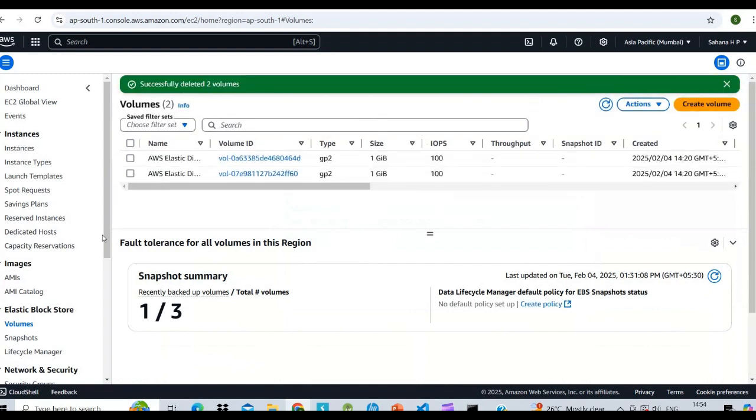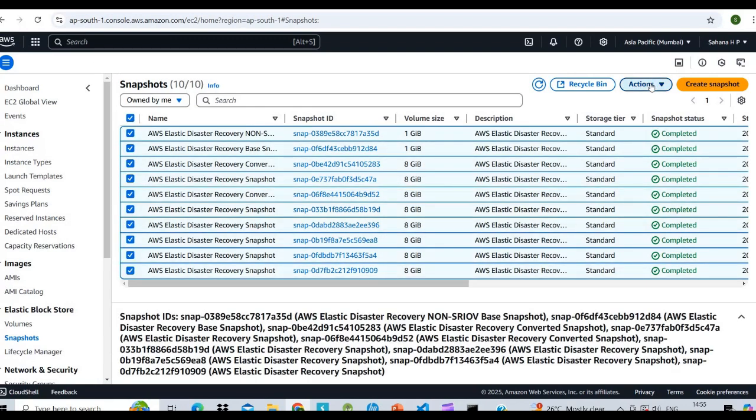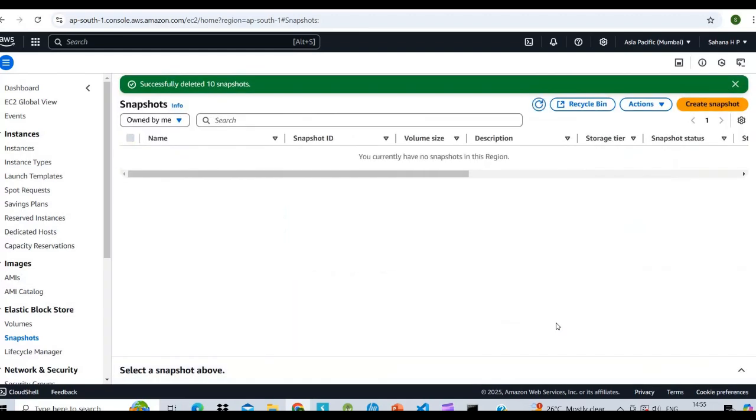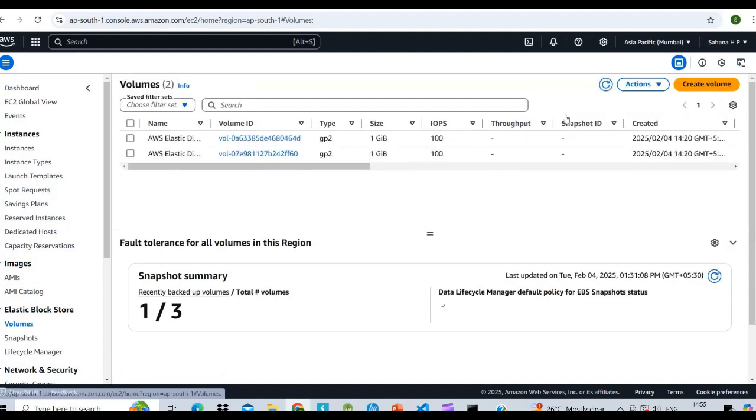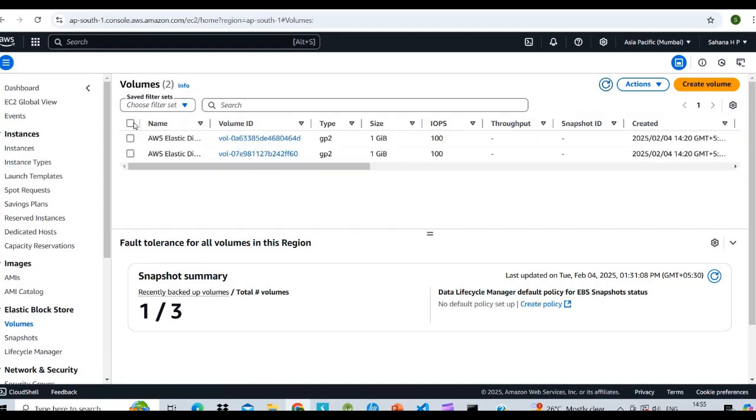Then go to the snapshots. Here we can see the snapshots taken. Select them, click on actions, and delete the snapshots. Refresh this, and here we can see there are no snapshots. Go to volumes again, refresh, and select again.